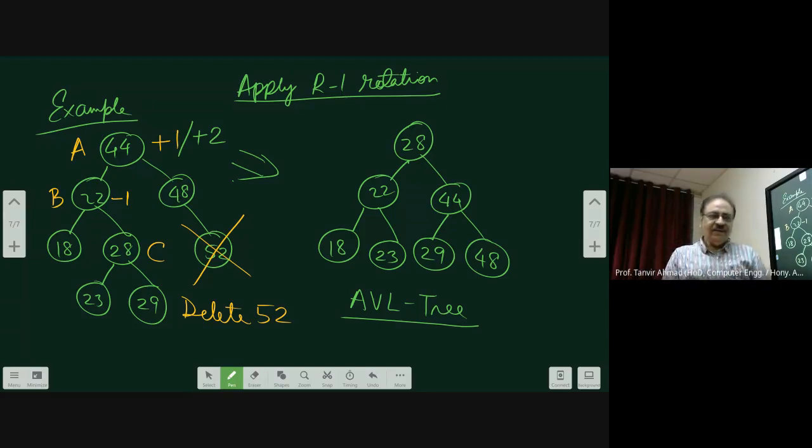Now here, instead of having only two nodes 23 and 29, this could have gone more down also. It is not that this is the only case. It is also possible that there might be some nodes at the bottom, but you make sure that for the node which has a balance factor of +2, you have to check the balance factor of its left child. That means since A becomes, say, +2, you have to check the left of A, that is B. Okay, that's all. There might be some nodes over here also.